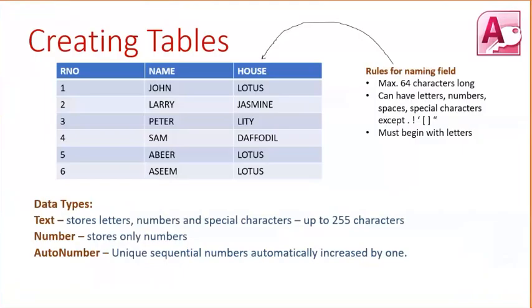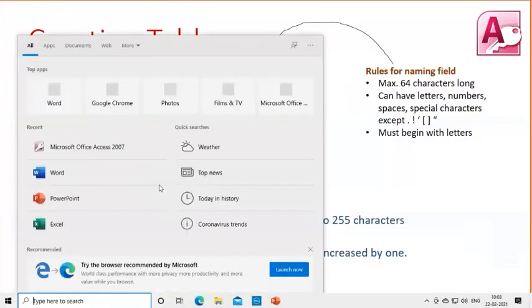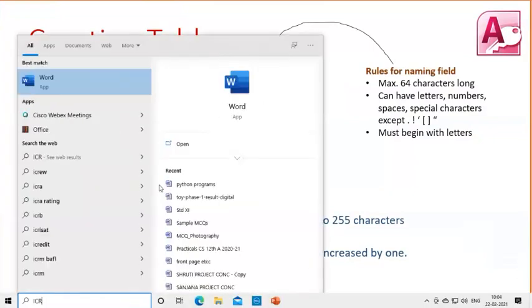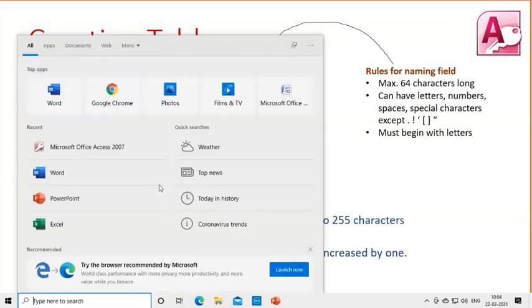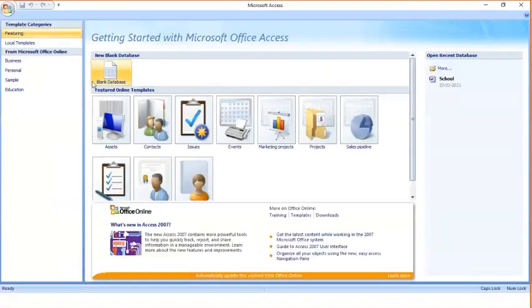So exit Access, and then we will go to Microsoft again. We'll start Microsoft Access, and then on the right hand side you can see the open recent databases.